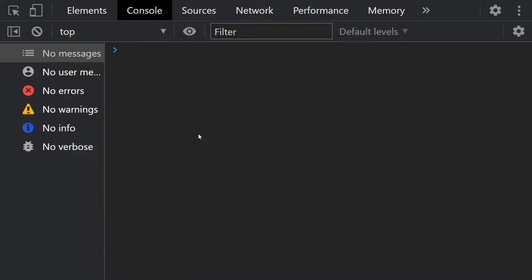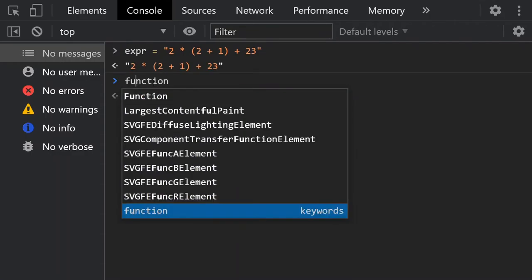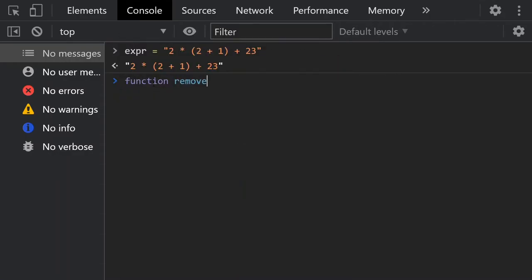At times, dynamically generated regular expressions will not quite work the way you expect. Okay, let's say we had this expression. Let's say we want to write a function that will remove all occurrences of text, and we have the text to remove as a parameter. We'll have the text as the first parameter. If we say new RegExp on the text to remove and set the global flag to be on,